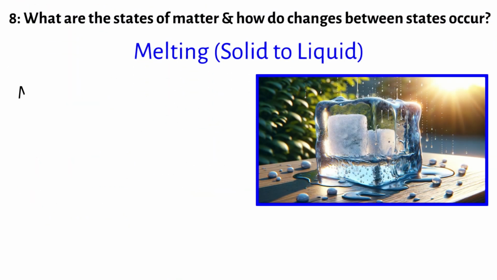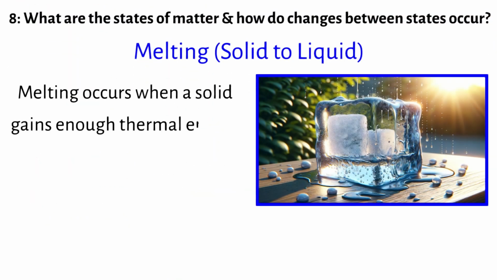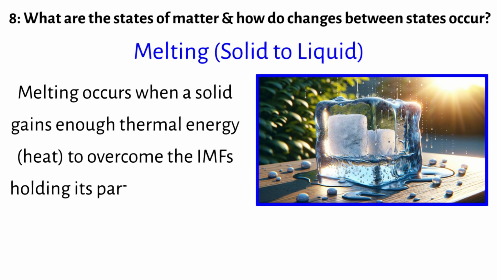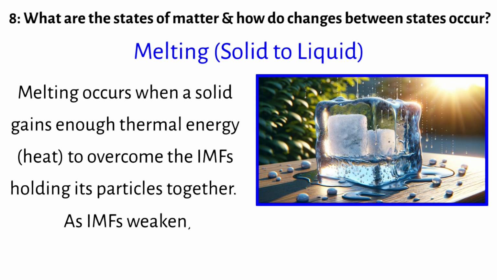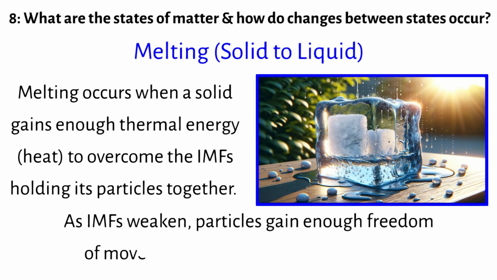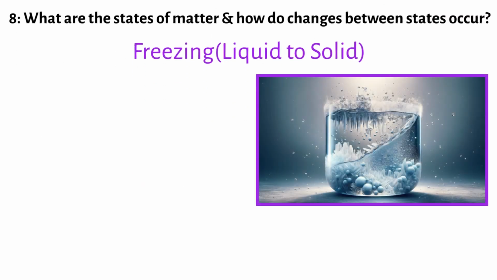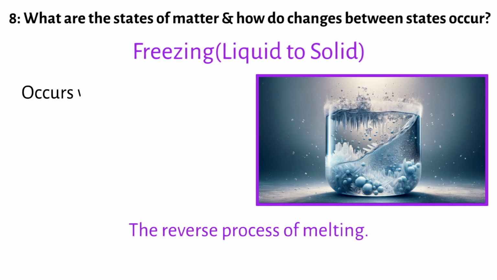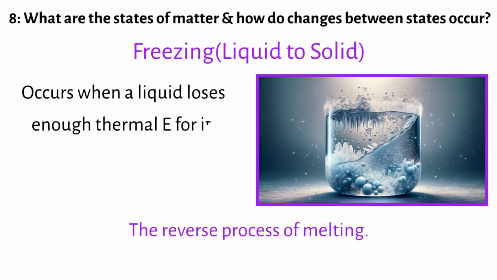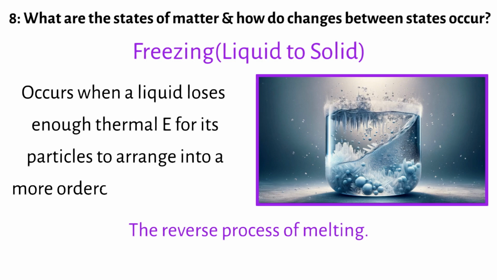Melting occurs when a solid gains enough thermal energy (heat) to overcome the intermolecular forces holding its particles together. As these forces weaken, the particles gain enough freedom of movement to transition into the liquid state. Freezing is the reverse process of melting. It occurs when a liquid loses enough thermal energy for its particles to arrange themselves into a more ordered, solid